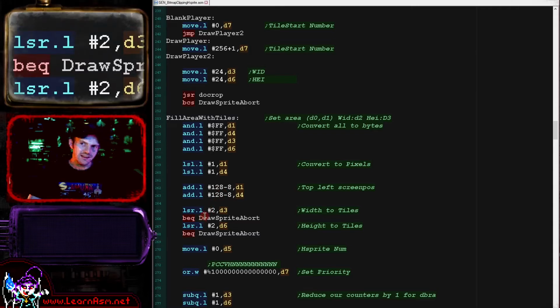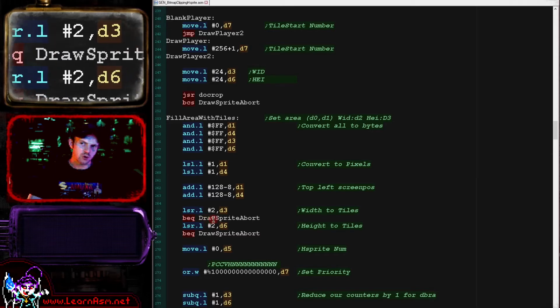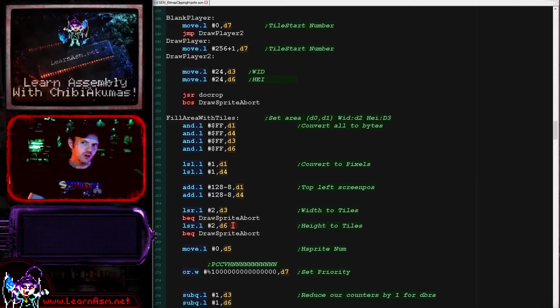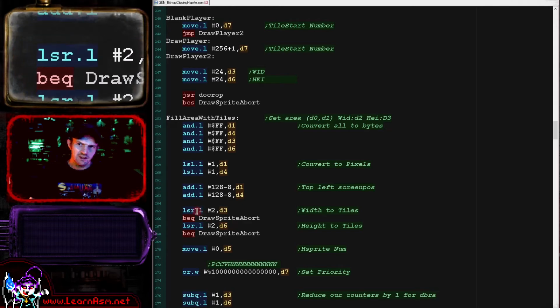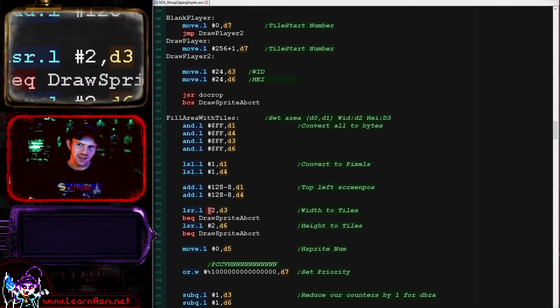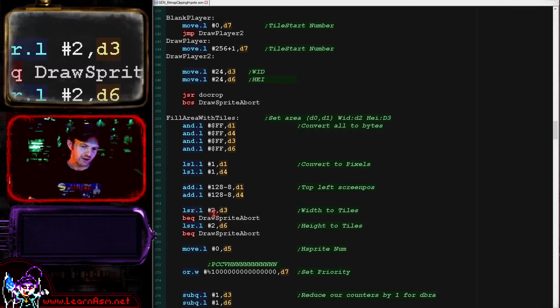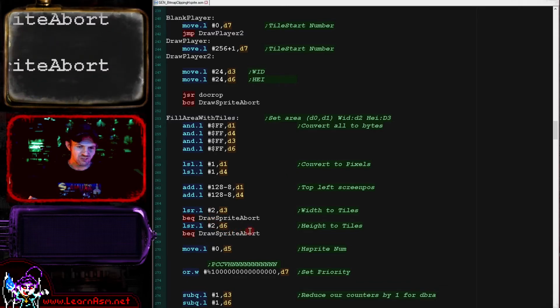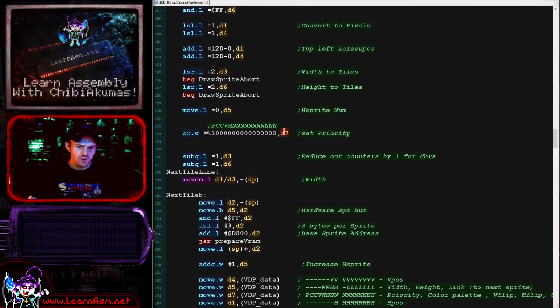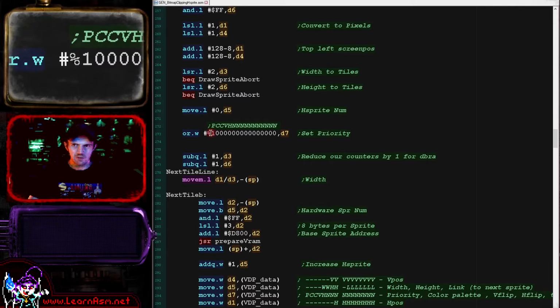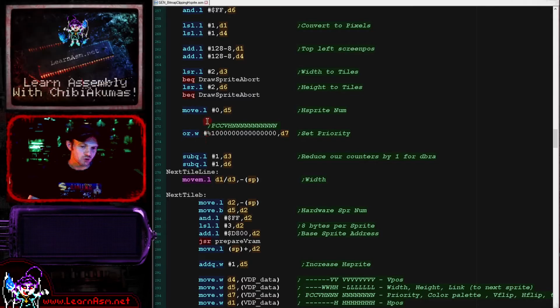What we're then doing is we're changing the width and the height from logical units into tiles, because although our sprite's drawn at a pixel per pixel position, we still need a multiple of tiles because we're using 8x8 sprites. So we're converting by dividing by 4 here, converting from logical units to a tile count, and we're giving up if that results in 0. We're then setting the priority bit of our tile number here, and we're going to transfer this